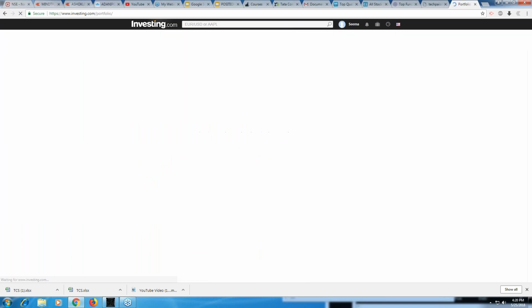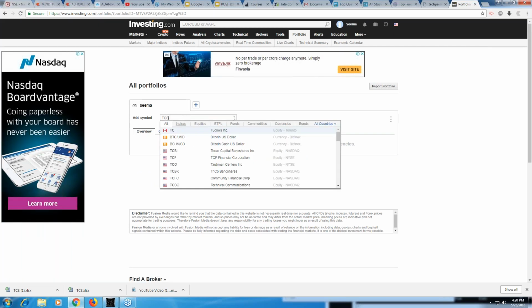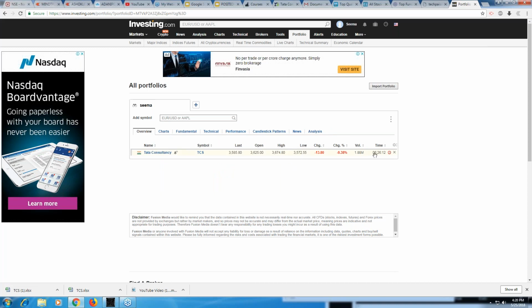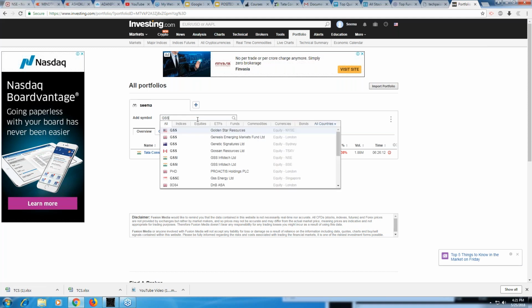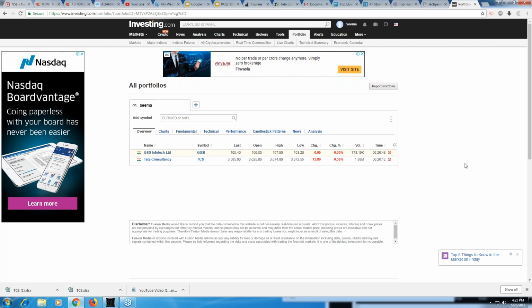Portfolio, I can have my own portfolio here. I can add different stocks. Let's say I add TCS, right? So I get the data here. The day I buy, I can just add it over here. It'll get automatically updated every day, right? So let's say today I have given a stock GSS. So in India, it'll be here, GSS Infotech. It will be added over here, right? So this is how you can find out. You can just add your watch list here, and then you can create alerts also. When you want to enter at a particular point, you can create alerts also, right?